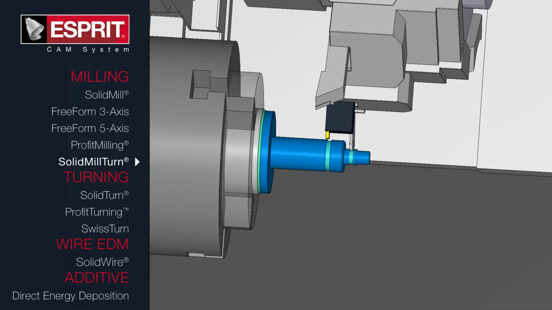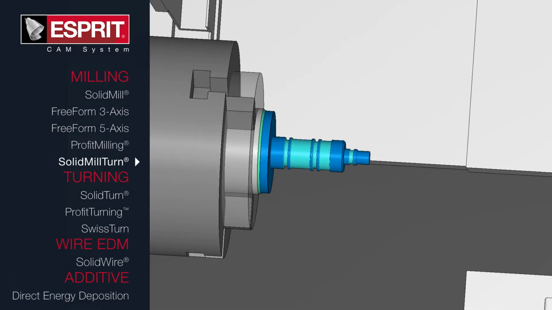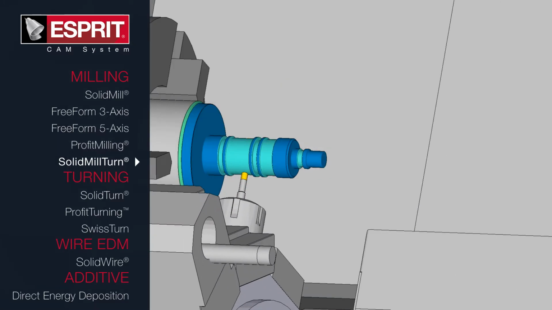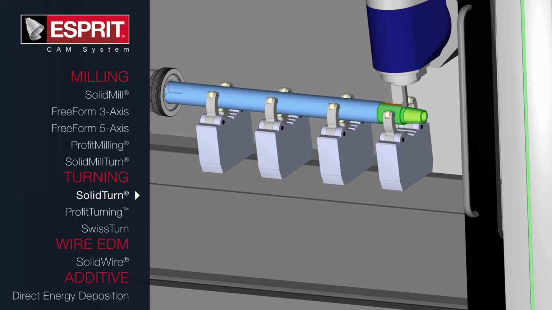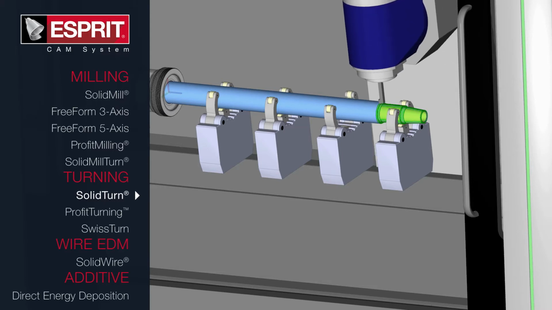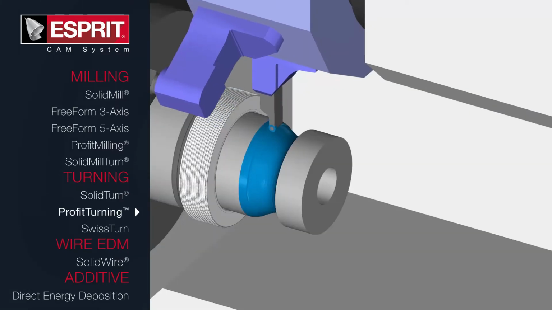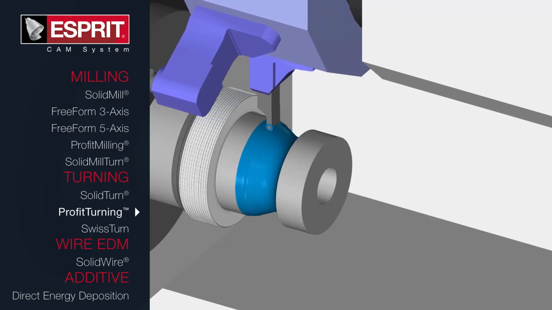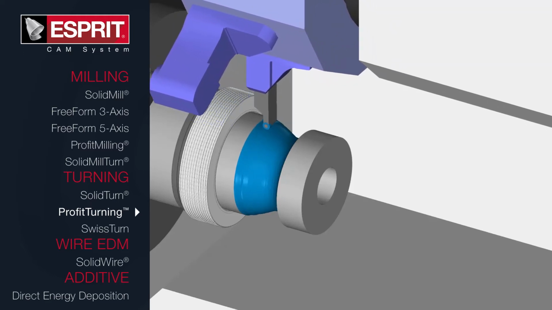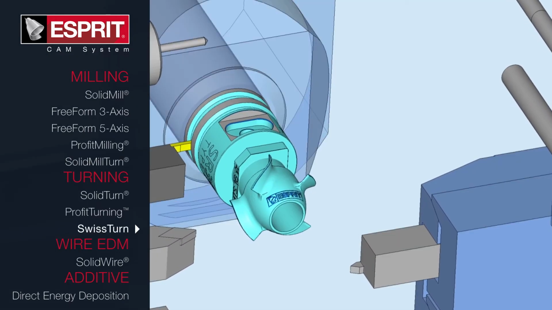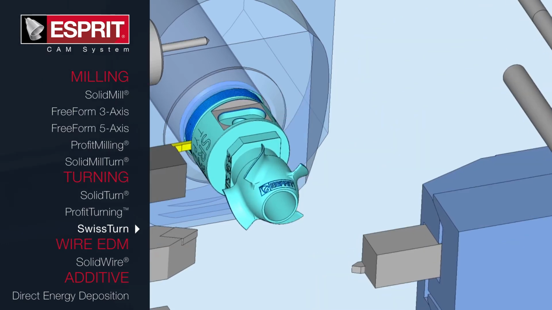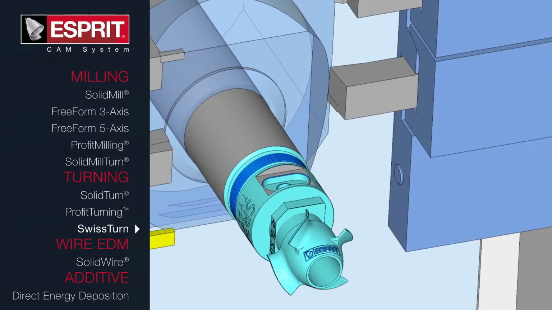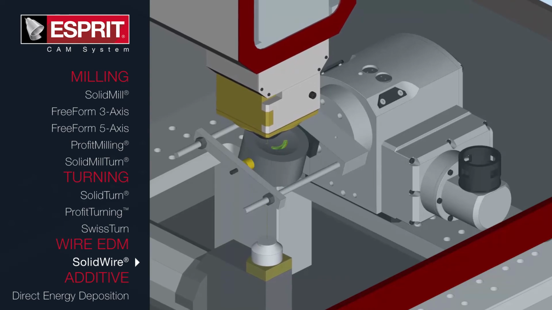ESPRIT's ability to support the entire manufacturing process starts with the large line of products available with the software. ESPRIT's capabilities go from 2 to 5-axis milling to 2 to 22-axis turning, or even 2 to 5-axis wire EDM. ESPRIT also excels in the more complicated applications, such as high-speed simultaneous 3, 4, and 5-axis toolpath. Its ability to perfectly run Swiss turn, mill turn, and B-axis multitasking machines makes it the only CAM system you'll